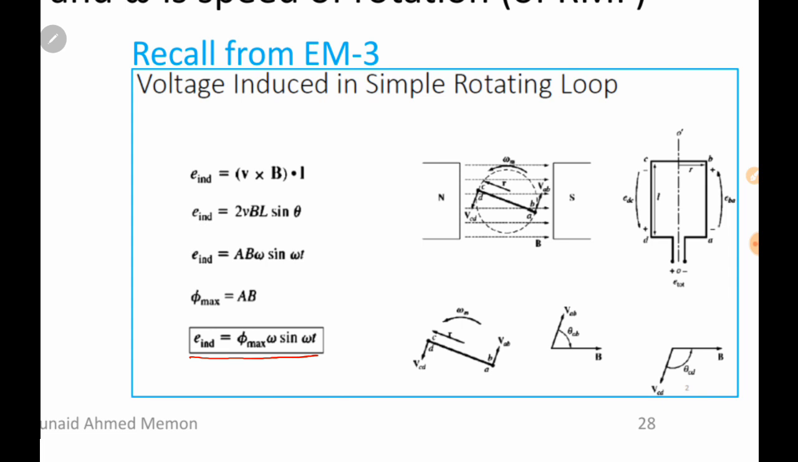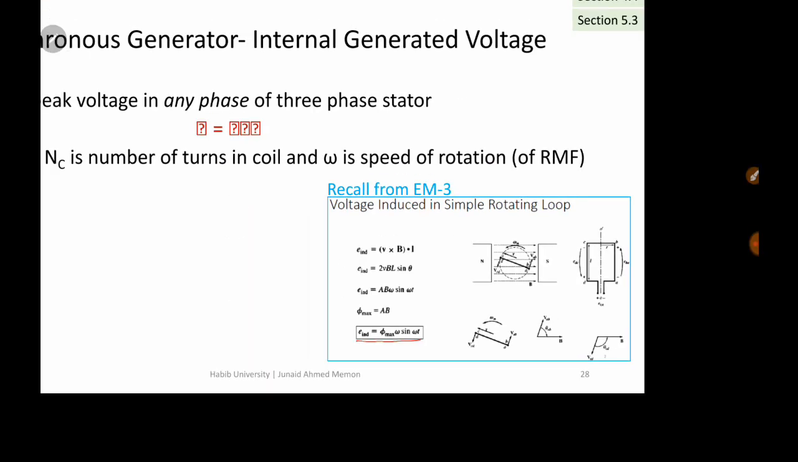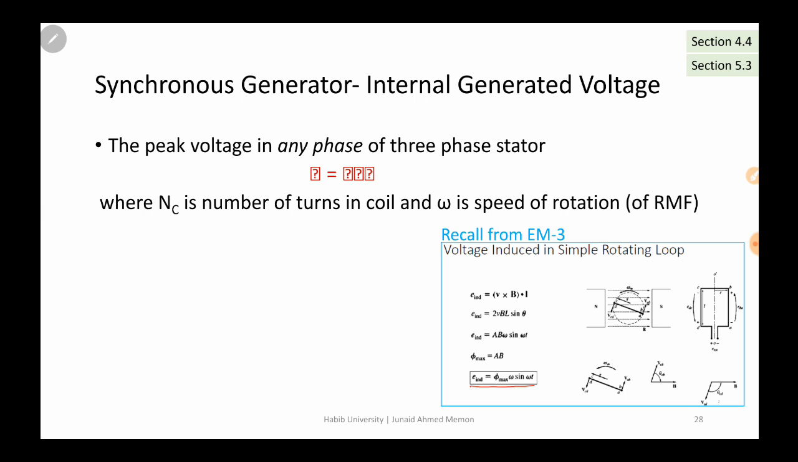Okay, but you have a rotating magnetic field. The relative motion is still the same. It means that our induced voltage formula will be the same, which will be this term. So for any single phase, E induced will be phi omega sine omega t,